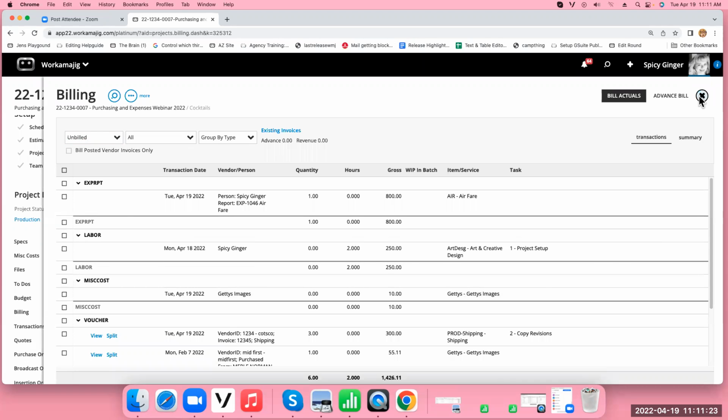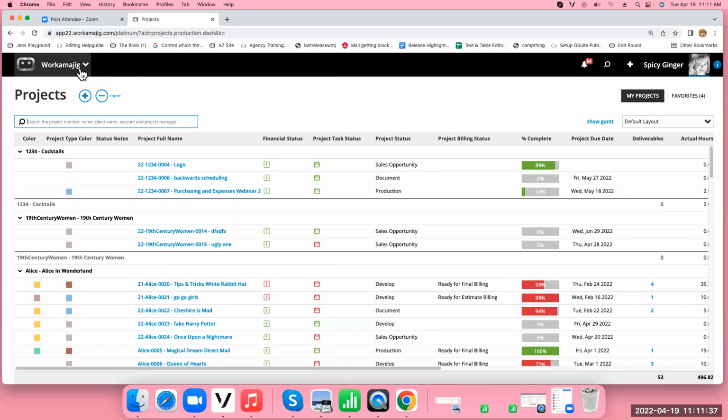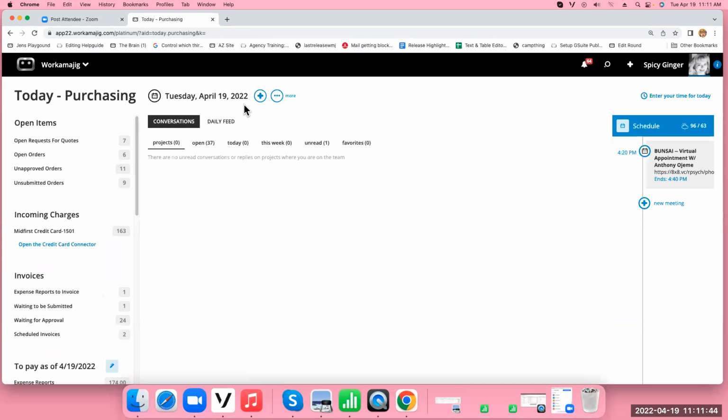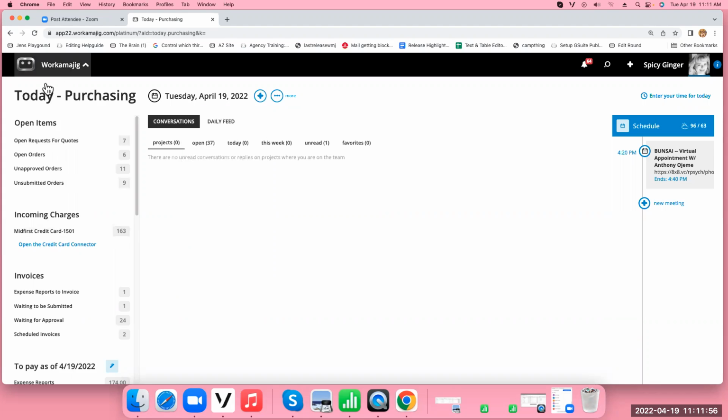All right, so several different things you've learned today: transactions, the purchase orders, looking at the budget through here, the estimates, how to add those, get those orders in, going through purchasing today. You can do it manually. The people can go ahead and do a vendor invoice through here and match it up to the purchase order, close it out. You can make manual credit card charges, or you can have credit card charges from here, and